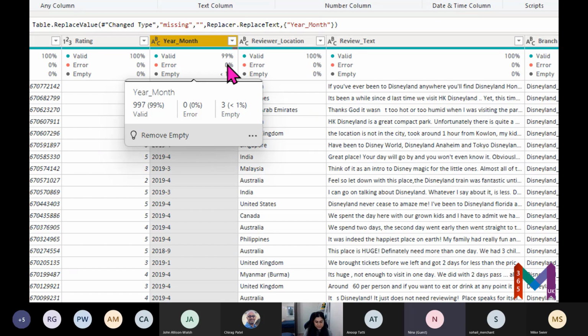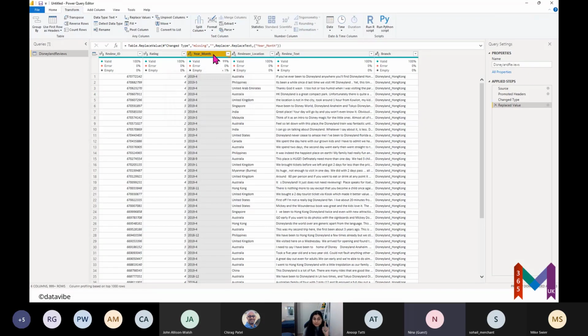For that, we'll again click on the column. One more thing: whenever you make any change in Power Query, even a single thing, that is reflected as a new step under applied steps. You remember earlier we only had 3 steps, and then I replaced the value and you can see that step. So for example,